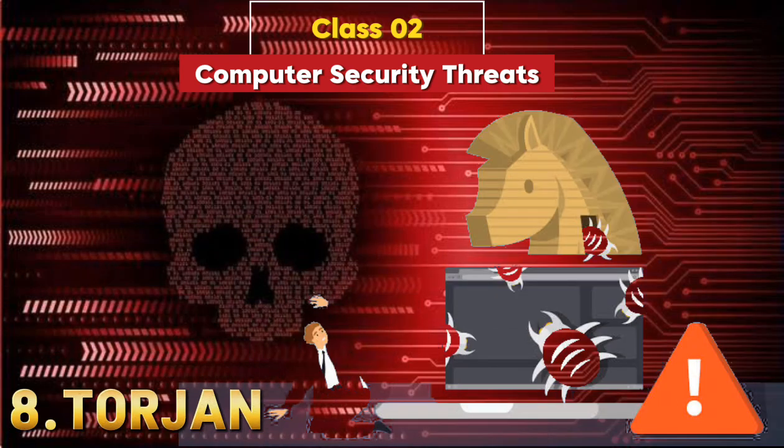After that, we have Trojan. You might have seen it in the ancient Rome time. What is a Trojan? Trojan is basically a wooden horse which has many soldiers inside, and the Romans used to send it to war, and the other country or the other king used to think that this is just a horse which is coming to him, but those soldiers were actually hiding inside the horse. So that's what Trojan is under computer networks also: the computer thinks that this is something accepted, a normal behavior which is coming in, but on the back end of this normal behavior there are many computer viruses, worms, or different kinds of malwares which are being executed.